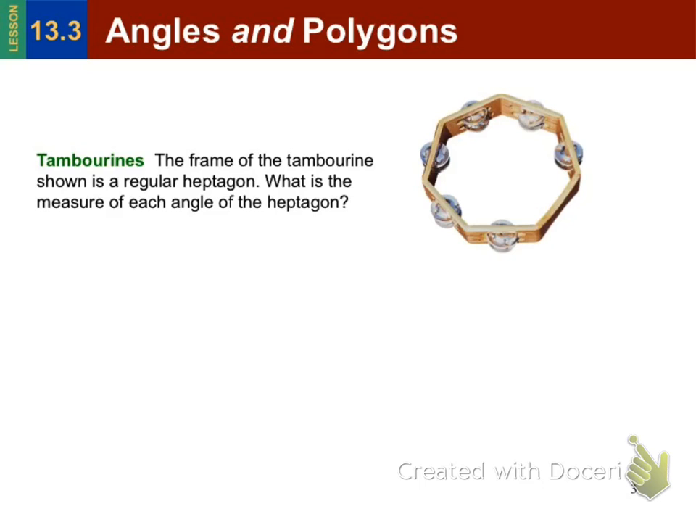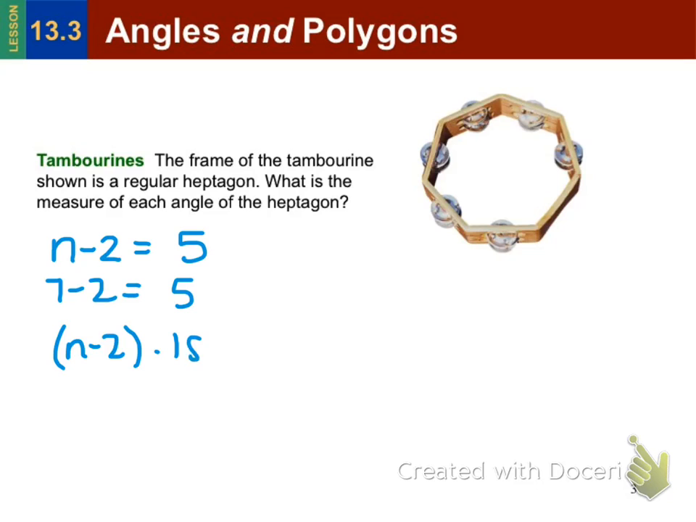So since we want to apply this, the number of triangles would be equal to 5 because there are 7 sides in a heptagon. So 7 minus 2 equals 5. So the total number of degrees would be, and that equals